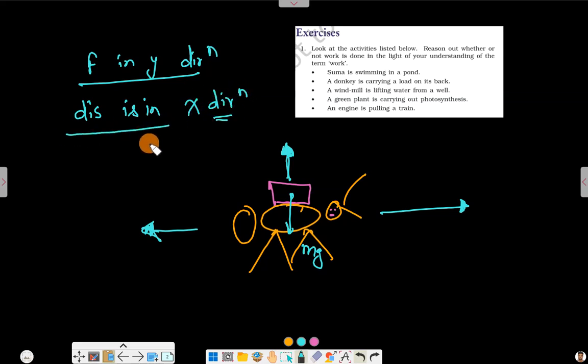Okay, so theta is 90 degrees, and if theta is 90 degrees, then work done is 0. There will not be any work done by the donkey. Okay,